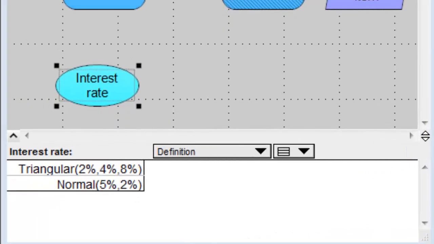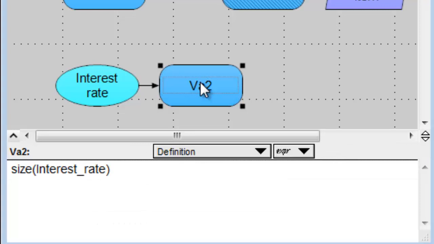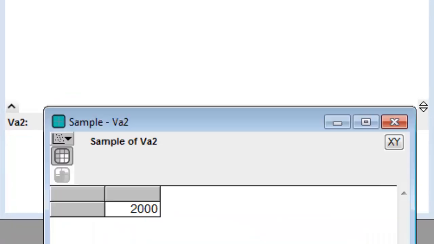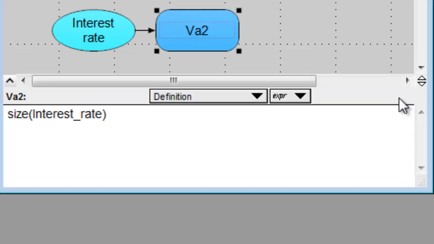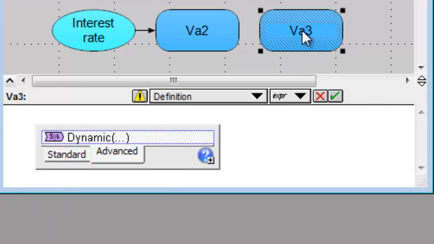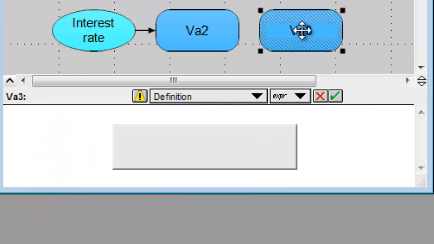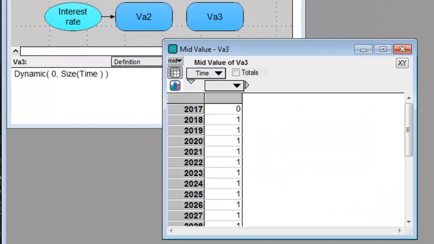Here's an input where it's set to a list of distributions. Like the earlier table, it also has a self-index. But in uncertainty mode, size of interest rate will be 2 times the sample size, perhaps 2,000 instead of 2. Another issue with using size is that the parameter of size is expecting a value, so in a dynamic loop, size of time would be 1, because the value of time is the single time step being processed at that